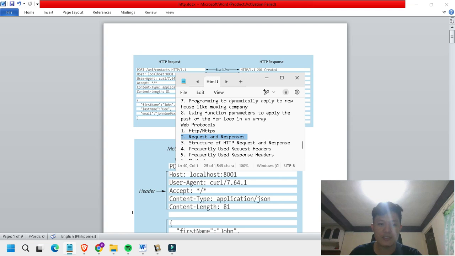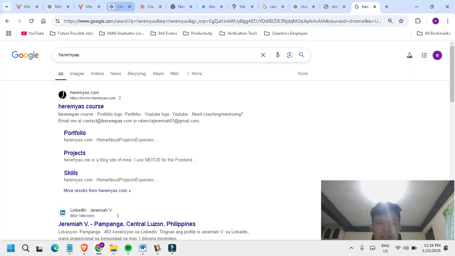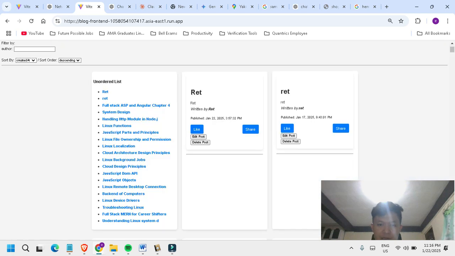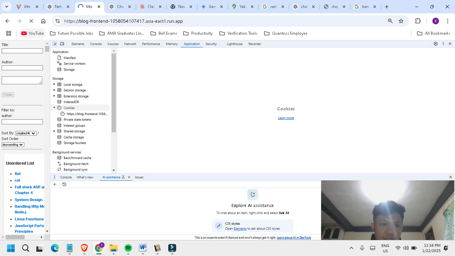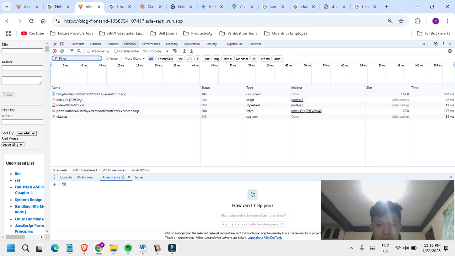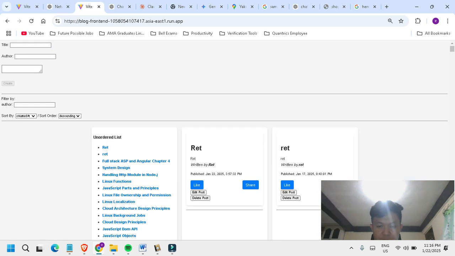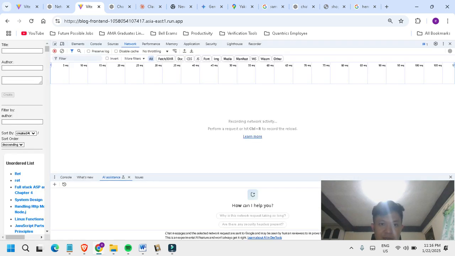One of the best ways to understand this is by looking at a real world example, like my blogging app. When we press Control Shift I, which opens the developer tools, there are no records of our HTTP request, because by default the browser does not show the recording.